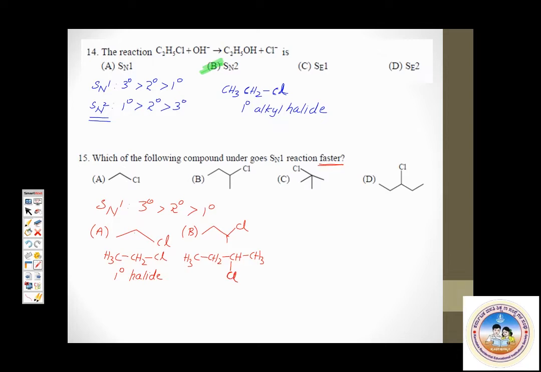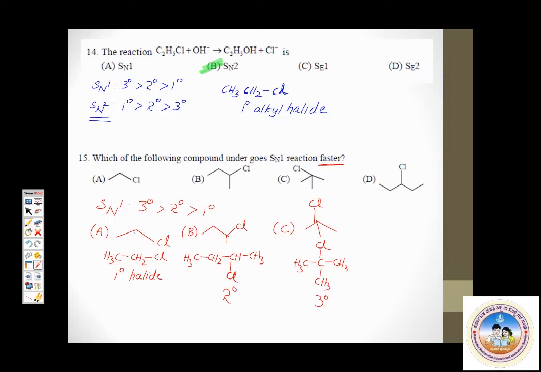Then let's look at option C. Option C is written something like this as a bond line notation. Now let's try to expand its structure. CH3 attached to carbon, attached to one more CH3, one more CH3 here, 3 CH3 groups attached, and then you have 1 chlorine. Now carefully observe. This is an example where the chlorine atom is attached to a carbon which has no hydrogens. Therefore, this is tertiary. Maximum substitution, tertiary. So option C is tertiary. That's what we wanted, because in the SN1 mechanism, tertiary alkyl halide is the one which reacts the fastest. So we have got the correct answer. The correct answer is option C, tertiary alkyl halide.